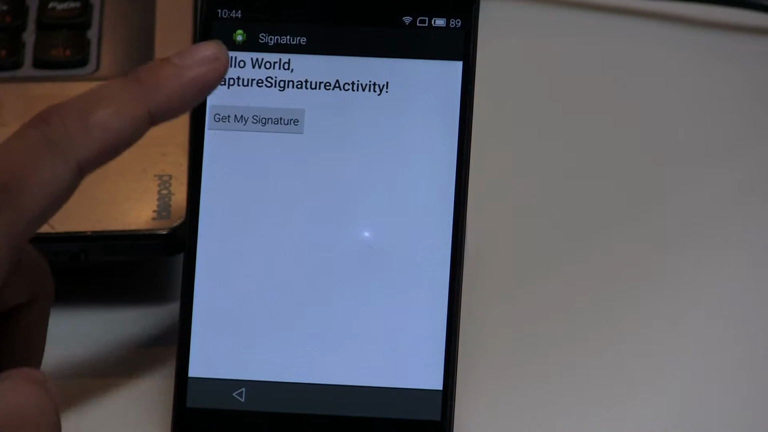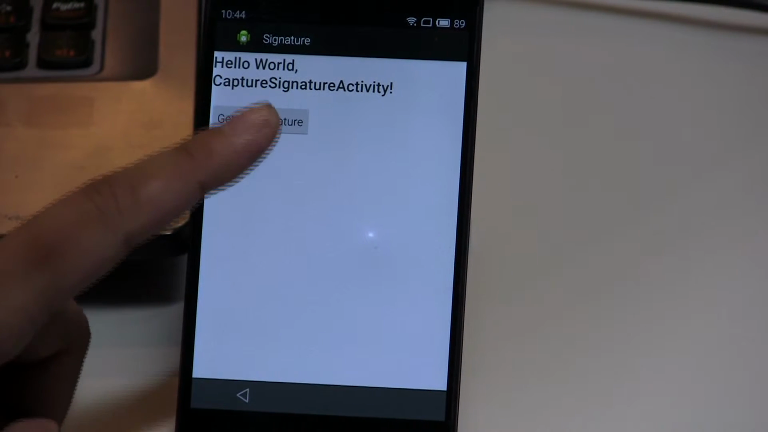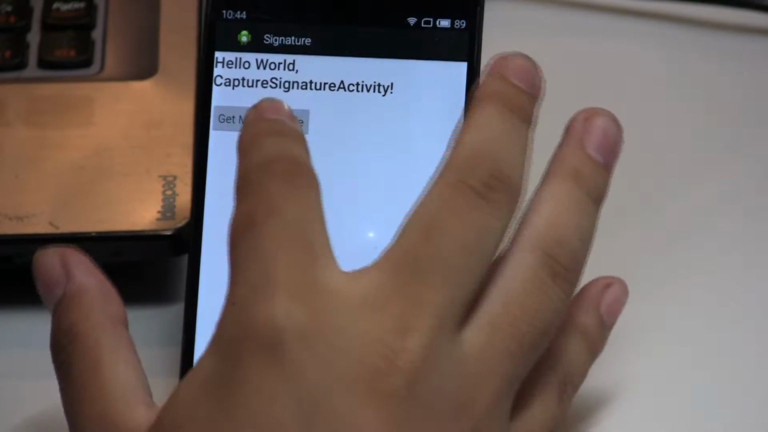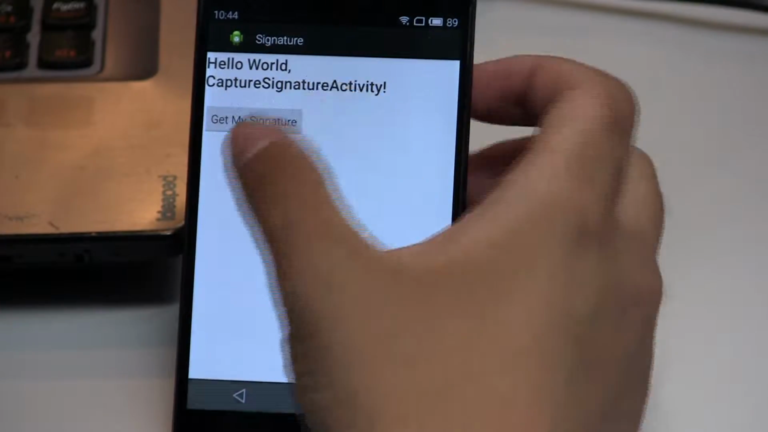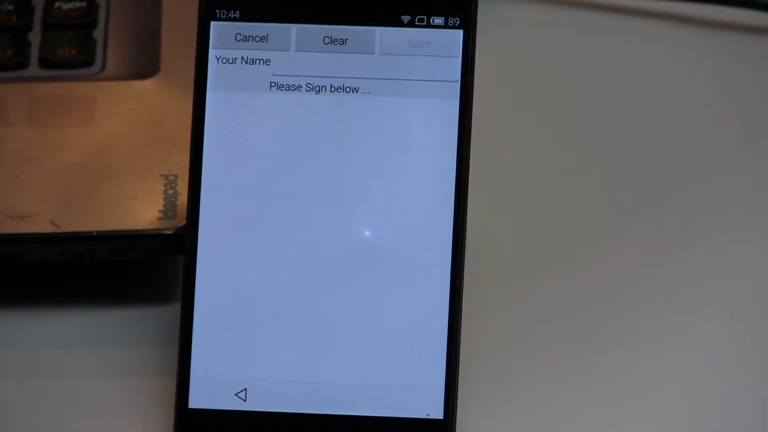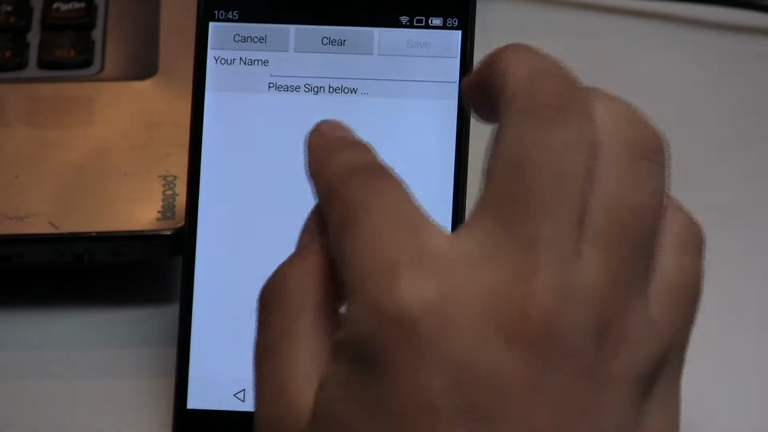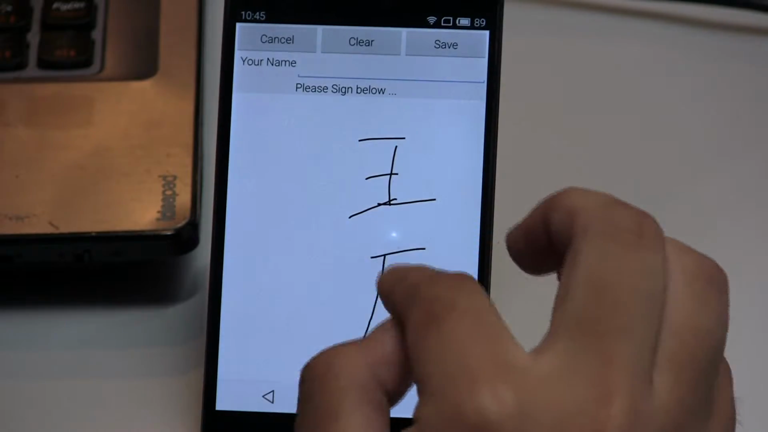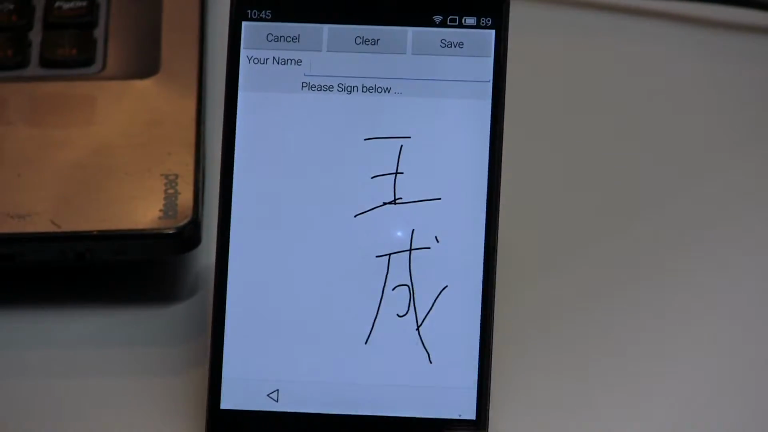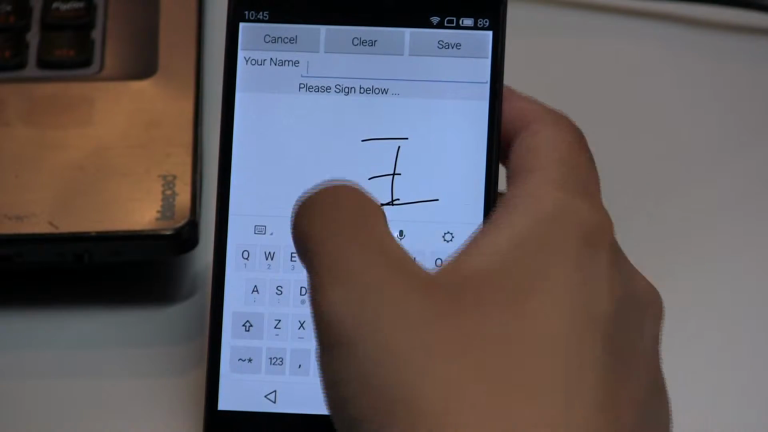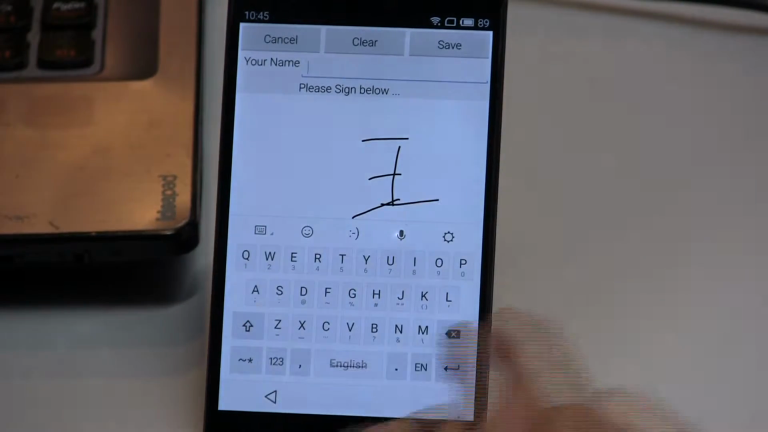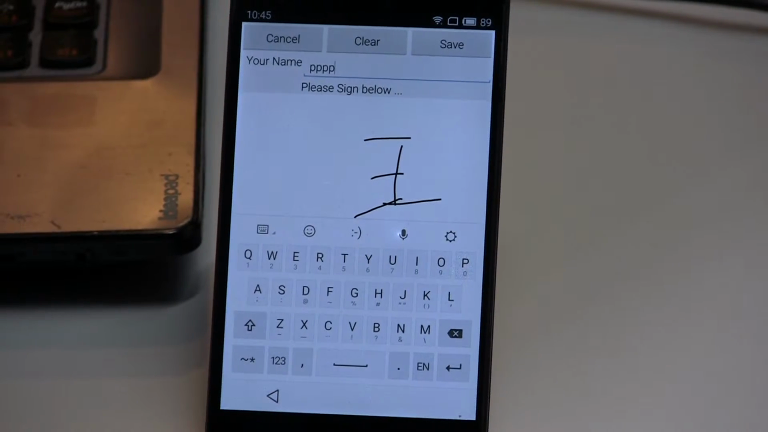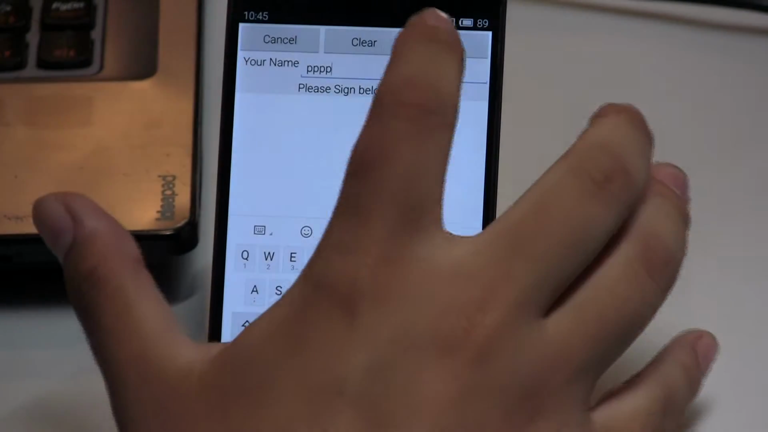First let me get my signature here. Click get my signature. Now you can just draw in the canvas. For example, I will write my name here. Because there are some issues with my touch screen, I just name my name as PPP. Okay, so if I click save,